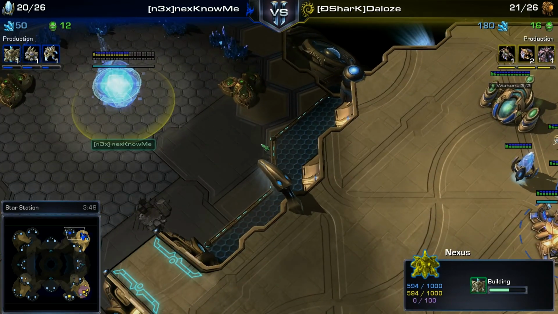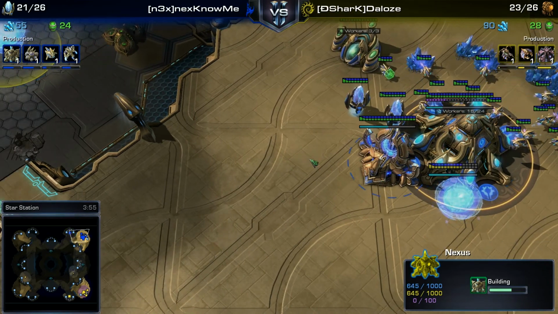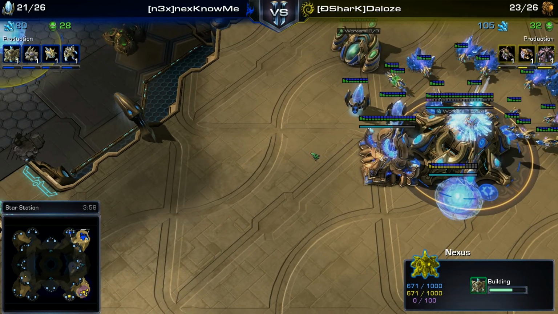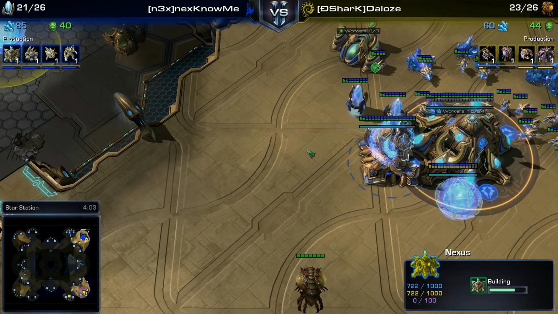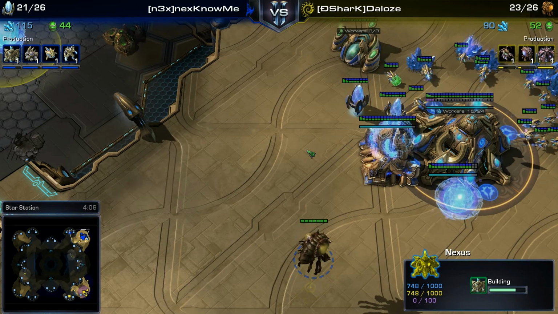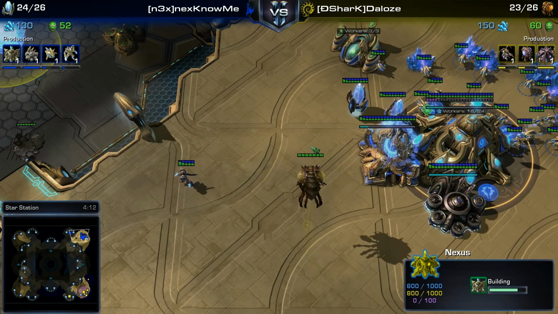The Protoss player also going for his fairly early expansion. I keep saying early expansion because I'm used to Wings of Liberty playstyle, but it seems in Heart of the Swarm that the 4-minute expansion of a Protoss player isn't really early at all anymore. It seems to be getting a bit more standard,